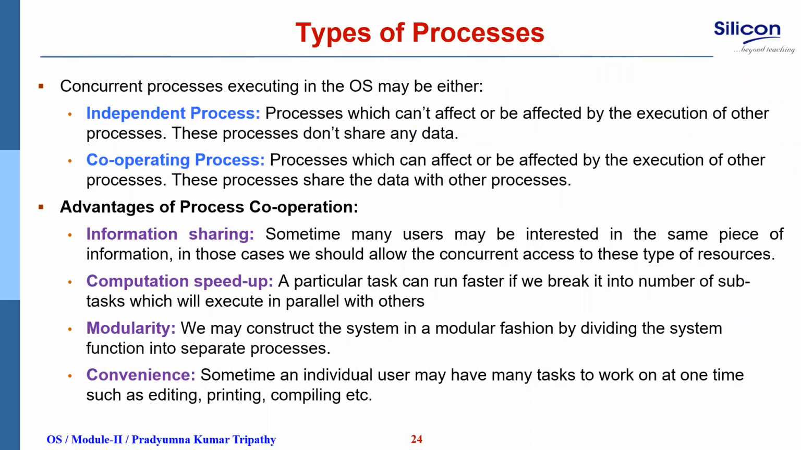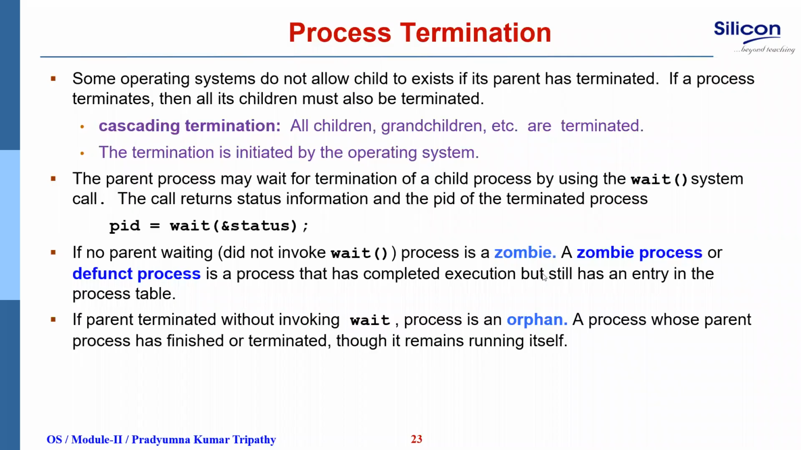Sir, once again the orphan process. Okay. First thing, for this orphan process or zombie process, do remember this line: the parent process may wait for termination of a child process by using the wait system call. Correct? By what? By using the wait system call. If no parent is waiting, then that process,